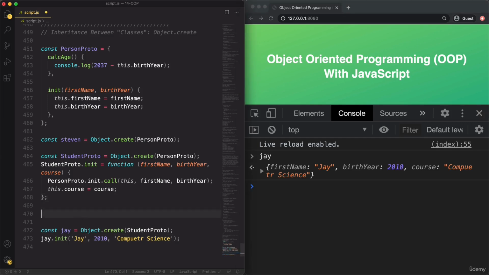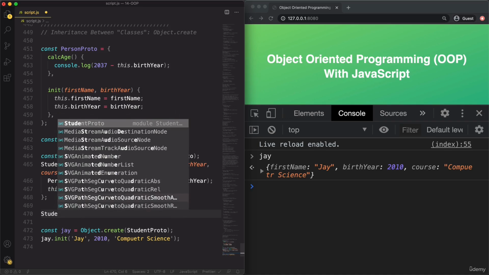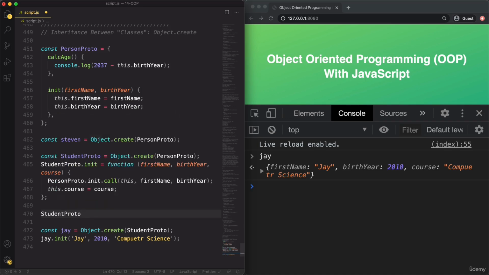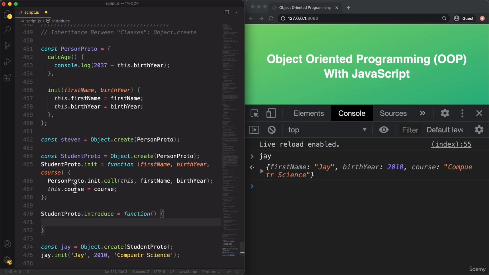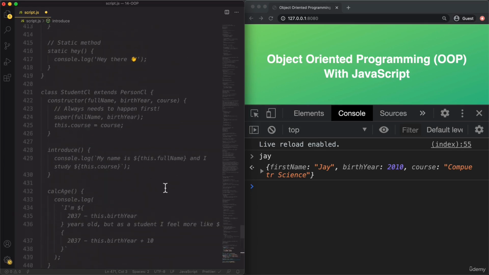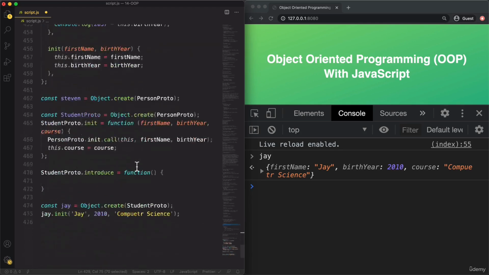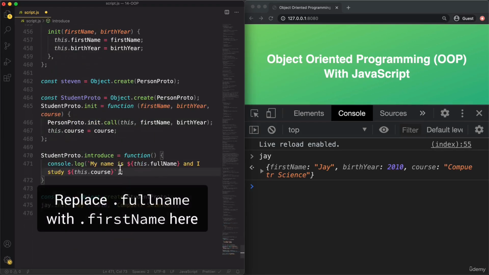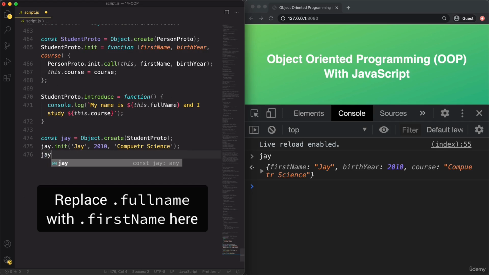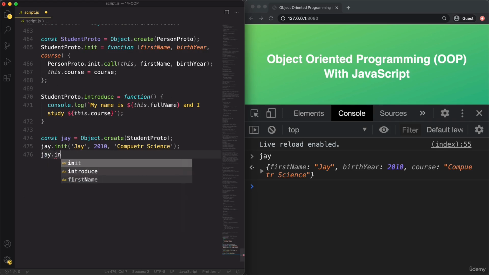And let's now add again the introduce method here, just so that it is similar to the other two techniques that we used earlier. So introduce is going to be a function, and let me just again grab that from here. All right, and now let's call j.introduce,